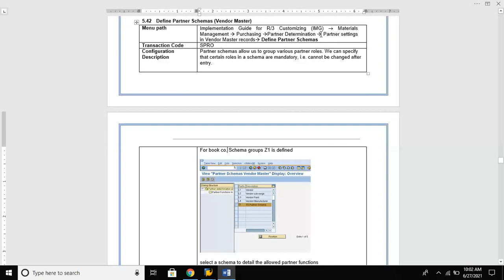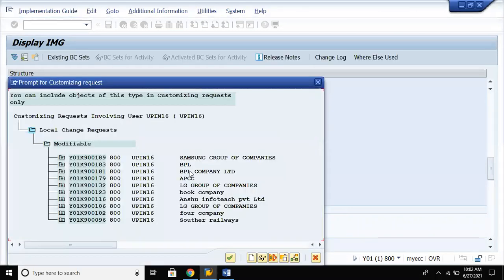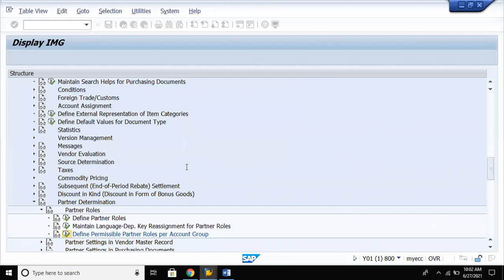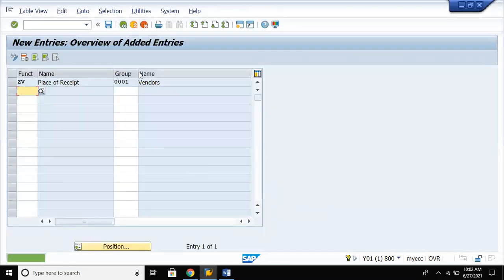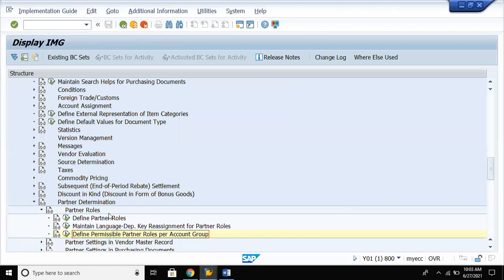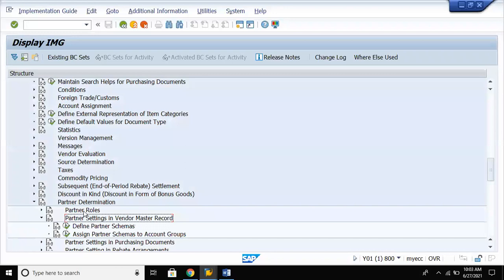The path is the same till Partner Determination, then Partner Settings in Vendor Master Records, and you have Define Partner Schemas.